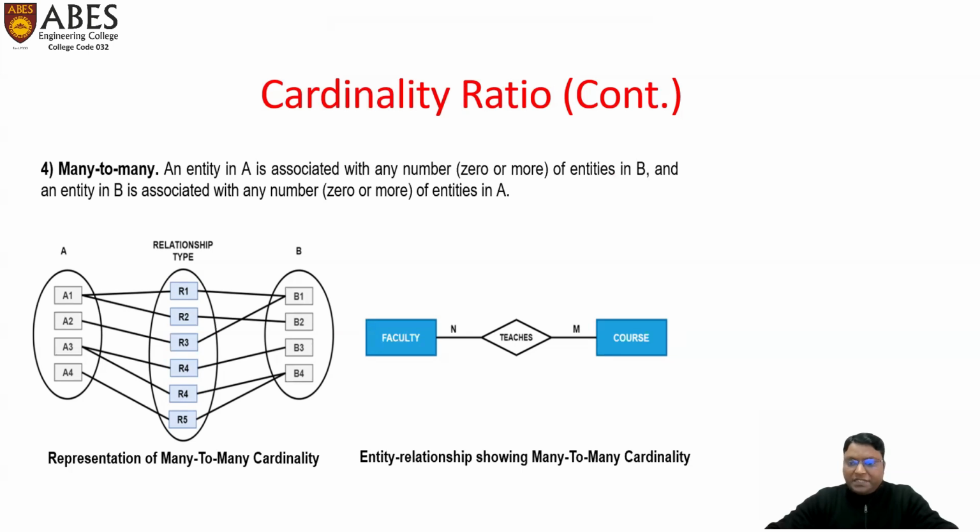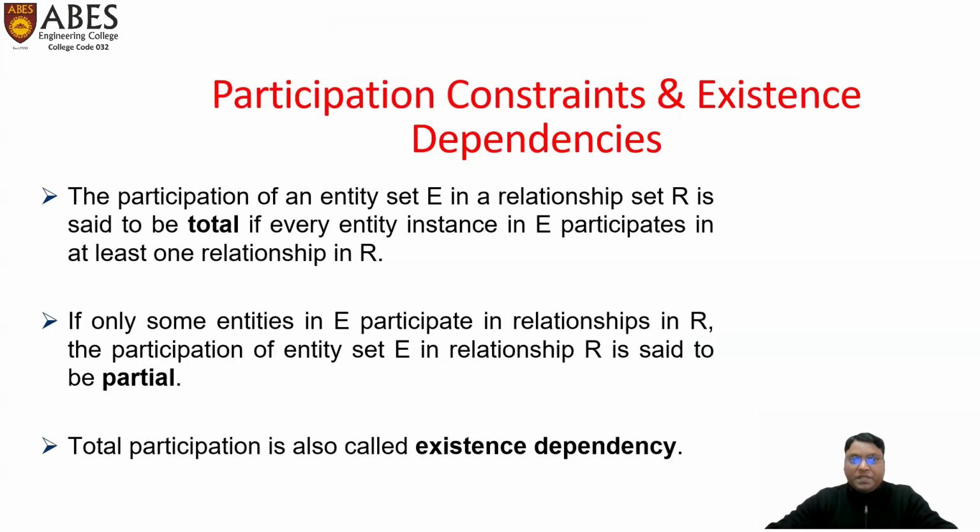So if we have a set of faculties and we have a set of courses, then there will be a relation teaches, and this relation will be called a many to many relationship, because many faculties can teach many subjects and faculties can teach m subjects. So now, next thing,